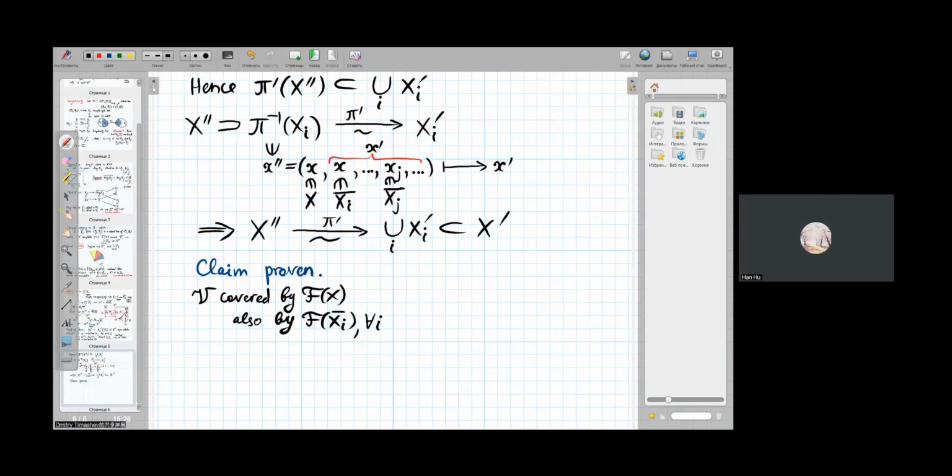So the valuation cone is covered by both fans, this one and these fans for any I. And this implies, again, by the properties of elementary embeddings, of elementary varieties, that